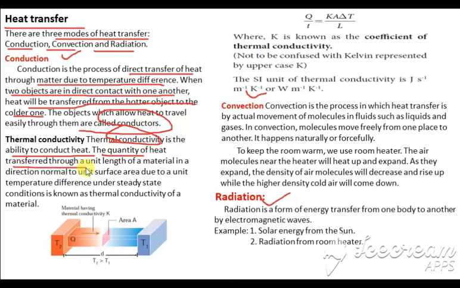The quantity of heat transferred through unit length in the direction normal to the unit surface because of the temperature difference is known as thermal conductivity. So the quantity of heat required for the unit length to conduct for the unit temperature difference is called what? Thermal conductivity. So we have two temperatures T1 and T2. Through unit length and the direction normal, how much the temperature difference is between any two objects gives your thermal conductivity. That is given by Q by T, which is equal to K A into delta T